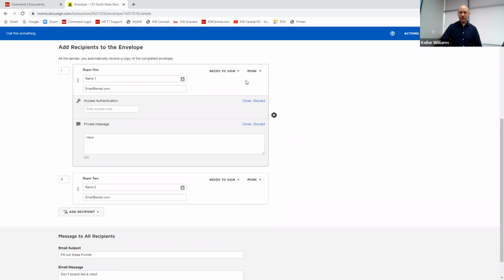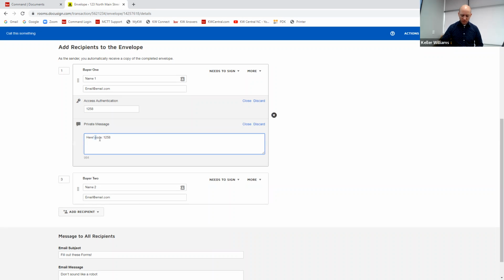You can also add a password protection if someone's sharing an inbox for some reason, or they're using a lot of public computers for whatever reason. If other people would have access to the form and you want to protect it, you can add an access code. And then here's what you shouldn't do, though, is your private message shouldn't say something like this, because,